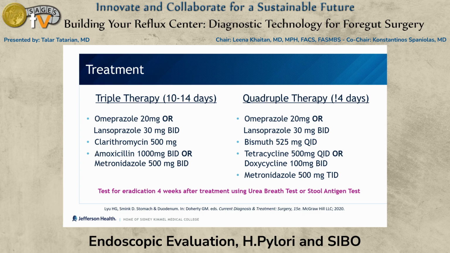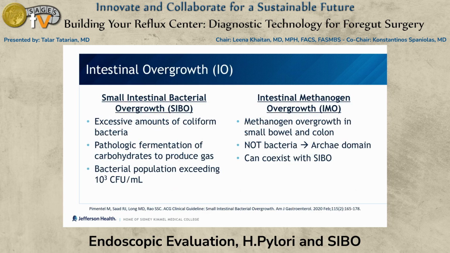One thing I didn't mention is who to test for this. Generally, patients with dyspepsia, peptic ulcer disease. If you've done an endoscopy and you're finding any type of mass ulceration, new malignancies, or preoperatively if you're planning for some type of bariatric surgery or an anastomotic procedure in the foregut, it is a good idea to check for H. pylori. So intestinal overgrowth, the one most commonly heard about is small intestinal bacterial overgrowth, or SIBO, but